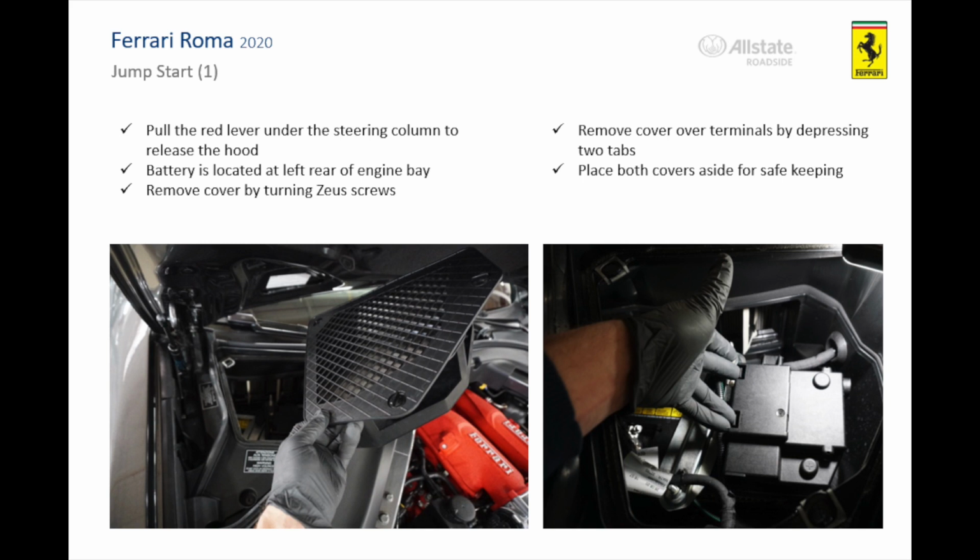In order to access the battery, you'll need to pull the red lever under the steering column to release the hood. The battery is located at the rear left of the engine bay. You'll remove the first cover by turning the Zeus screws. Then you'll have to remove the cover over the terminals by depressing the two tabs and place both covers aside